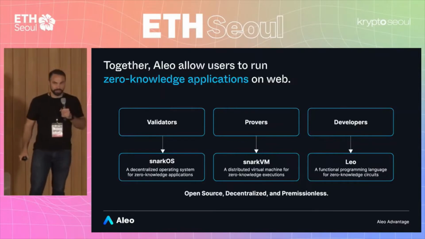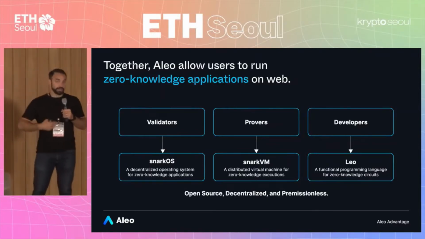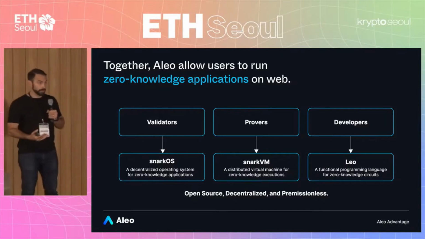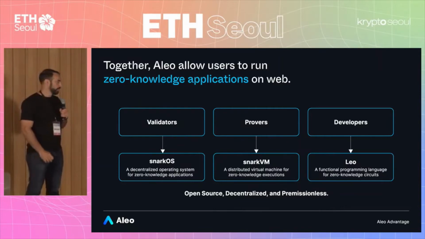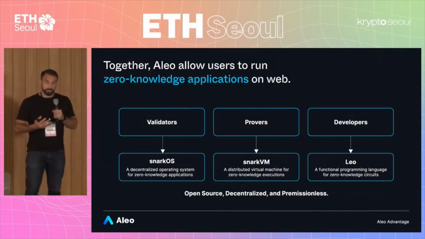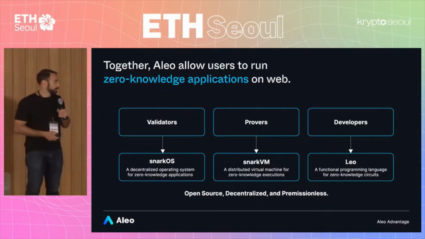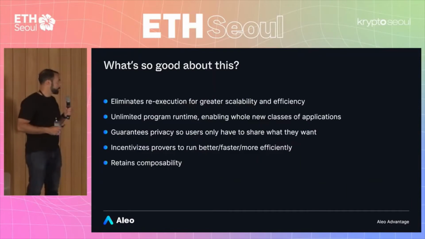Okay, so this is what it looks like in summary. Let me just restate it all again from the beginning. Aleo is building a new layer 1 blockchain using a proof of stake architecture based on a variant of HotStuff, for any of you who are familiar with that consensus algorithm. And it uses a computing model based on Zexe, which is a ZKVM. In that model, it's defined by off-chain computation featuring unlimited runtime, where transactions are proofs, and these proofs are then submitted on-chain. Validators verify these proofs are correct, never have to re-execute them again, and then effect state updates, all in a way that preserves perfect privacy. So this is called decentralized private computation.